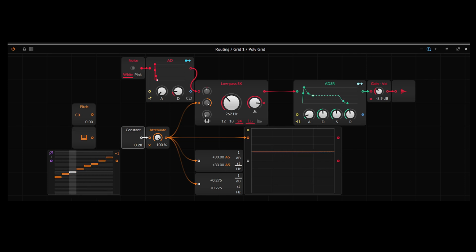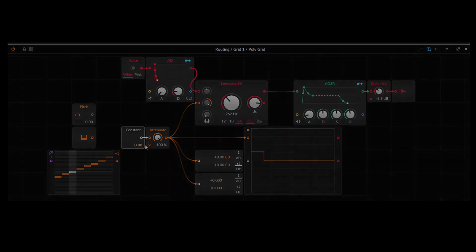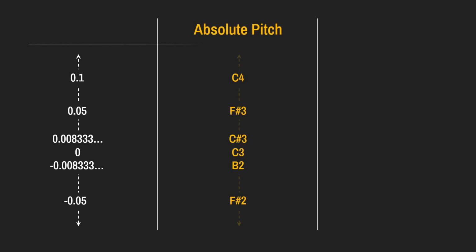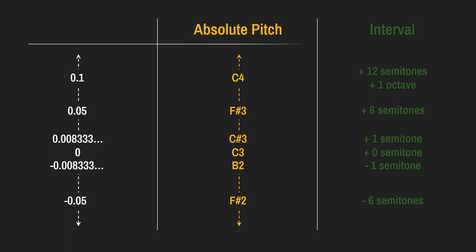However, in the grid, we can even add two pitches together. What does it mean to add a pitch to another pitch? Well, maybe I should be a bit clearer here. Remember how signals in the grid can represent different things in different contexts? When you add a pitch to a pitch in the grid, what you're really doing is adding an interval to a pitch. When dealing with pitch in the grid, every pitch also represents an interval in the context of pitch